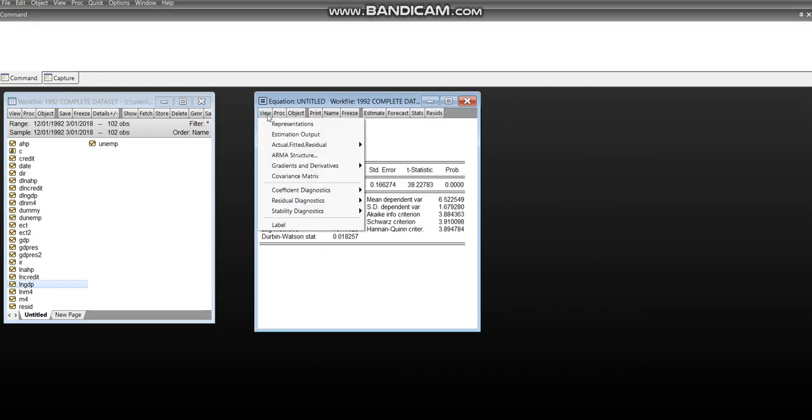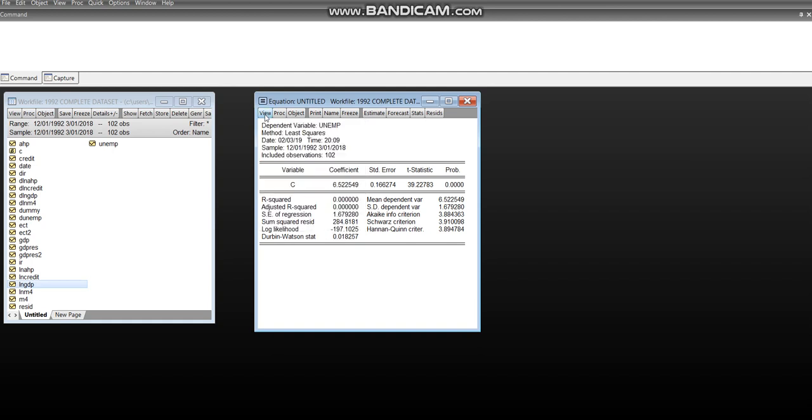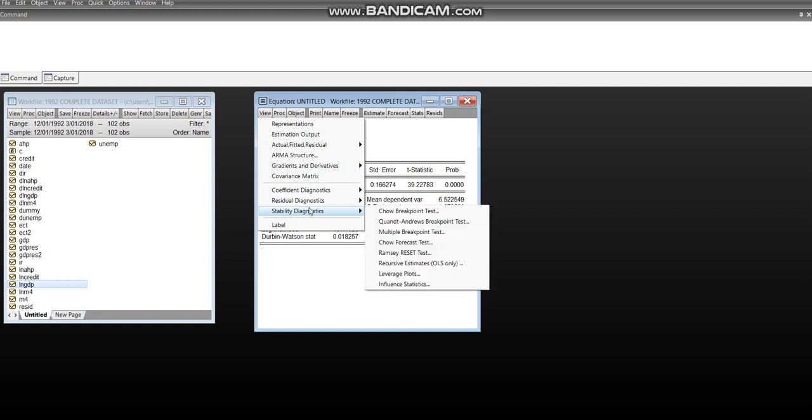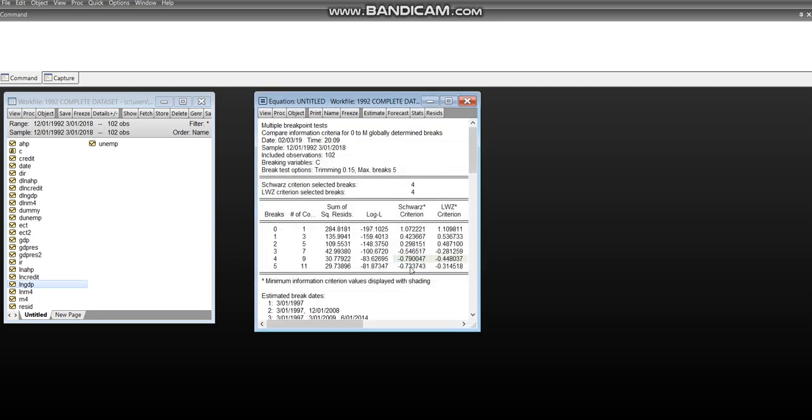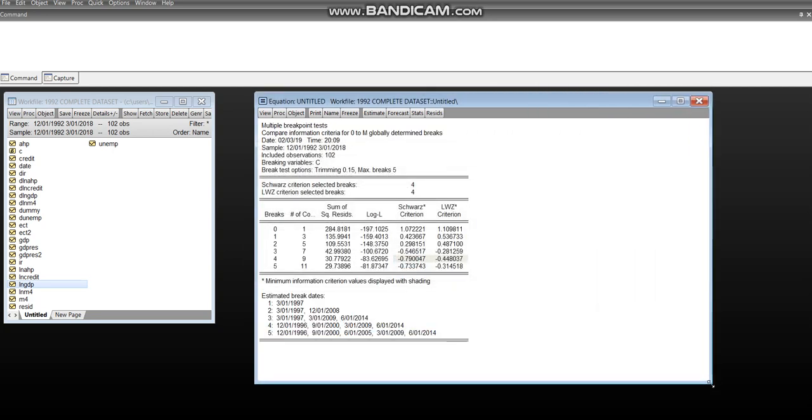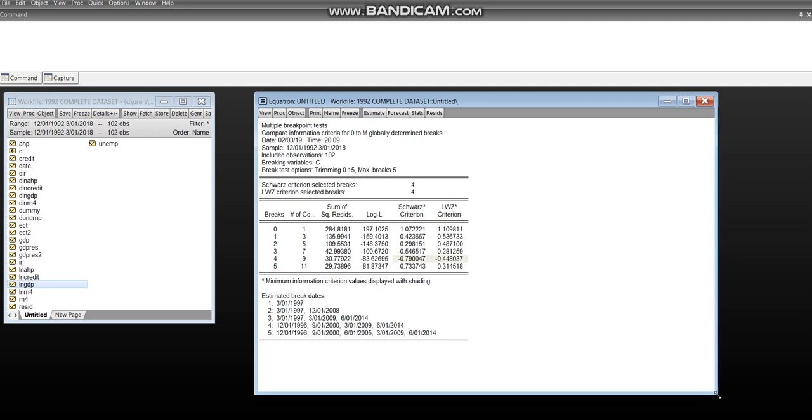Now, if we want to do the Bai-Perron test, we click on View, we click on Stability Diagnostics, and then after that we click on Multiple Breakpoint Test. As I said before, we're going to be selecting the global information criteria, and we're just going to click OK. Now, if we look at this, we can see straight away that it selected 4 breaks in the data generation process. 4. And these are the listed dates right here, the estimation break dates